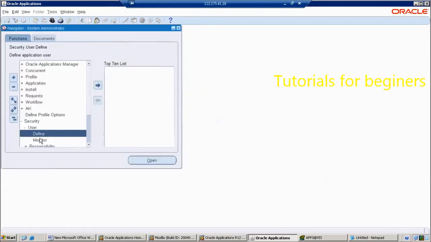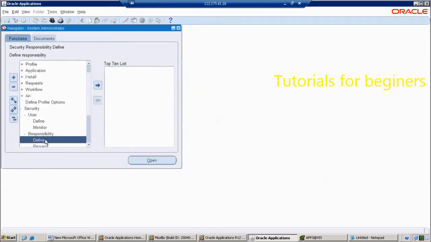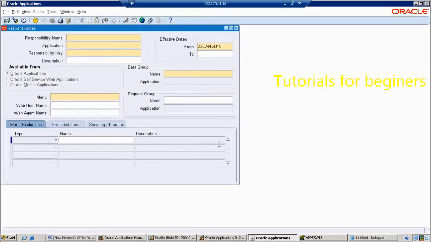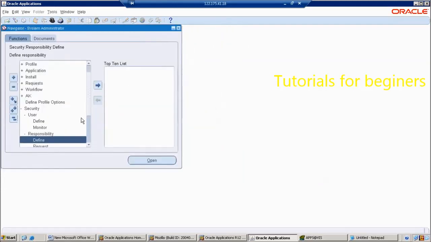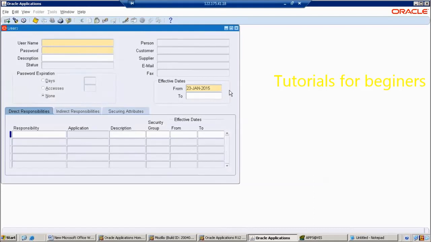And we have one more form, the responsibility form. In this responsibility form, have you found the user information? No, right? So at this point, we are going to select the user form, because this form has both pieces of information, so definitely we can find the respective common table.